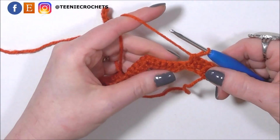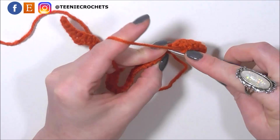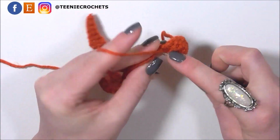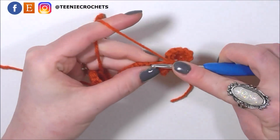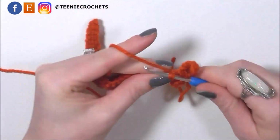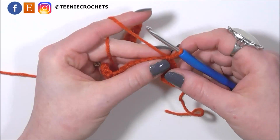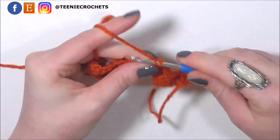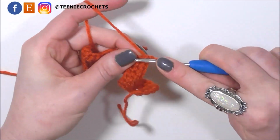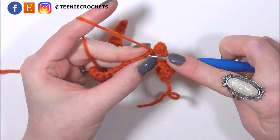We're now at the bottom of a chevron, so I'm going to skip 2 stitches, 1 and 2, and then I'm going to single crochet 4 again, 1, and 2, 3 and 4. I'm now at the top of a chevron, so I'm going to do 3 single crochets all into that one stitch, 1, 2 and 3. Now ready for another 4 single crochets,